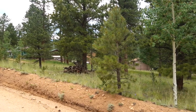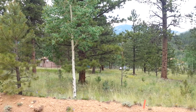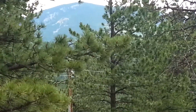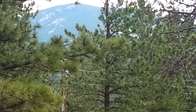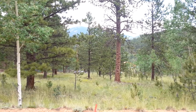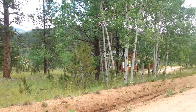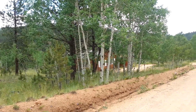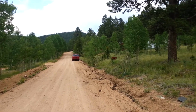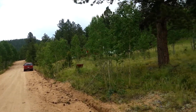Got some homes there on the north side of the road, and in the distance you can see some mountains from here. I'll go a little closer for a second so you can take a look at them, so you have some views. And I think if you get up on your property a little bit, you might even be able to see those a little better. There is a brown cabin with white shutters across the street from this property. Right now, just so you get a little feel for it, I'll walk down the property a little bit towards the edge, and then you can see